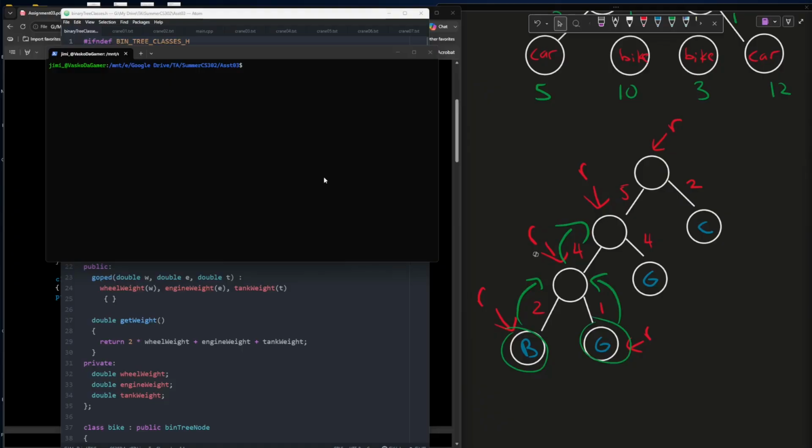Now, to run our program. I provide you with the binary tree classes.h file. All you have to do is write the main and include that header file in your main, and of course include other libraries as well, like for input and so forth. To compile, all you have to do is g++ main.cpp, and then run ./a.out, and then crane